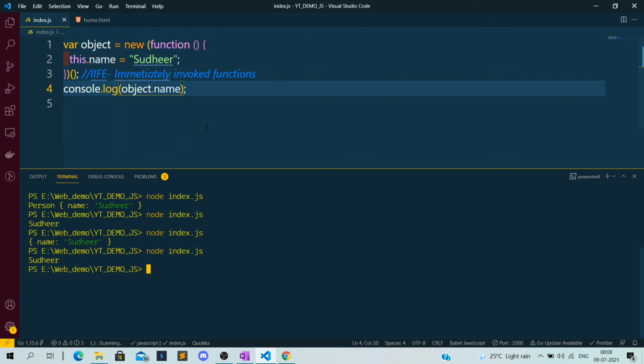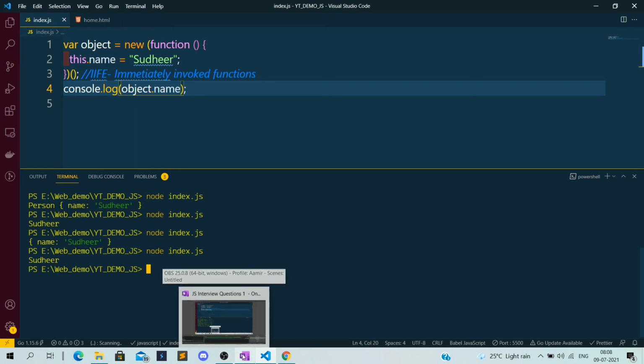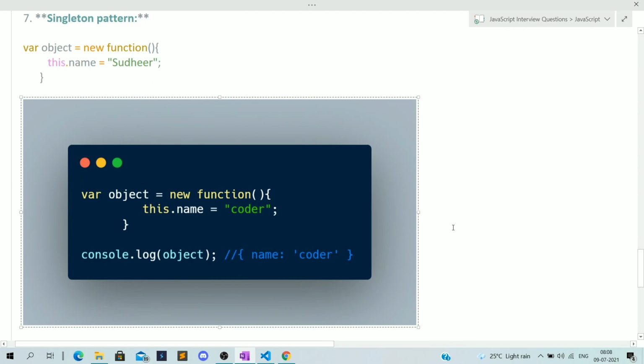It will automatically be called as we have defined by using this syntax. The syntax is somewhat different. We have the bracket before the function name, and after the function we have two more brackets. So this will call this function immediately after creating it, and after calling it will assign the result to the object variable, and we can access those properties. Okay, so this is also one of the approaches to create an object in JavaScript.